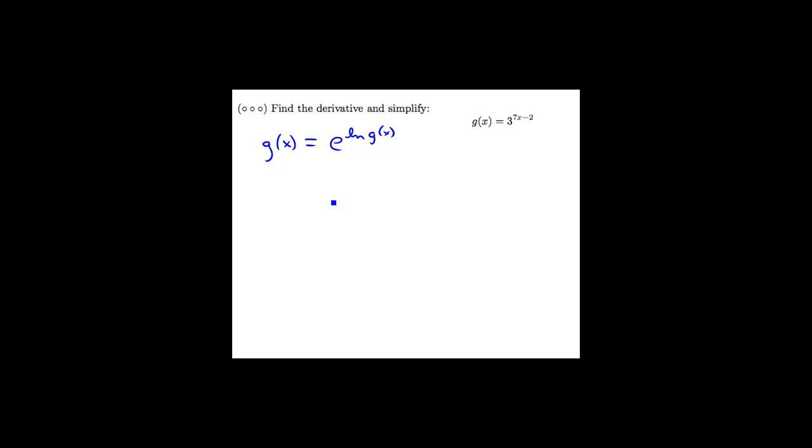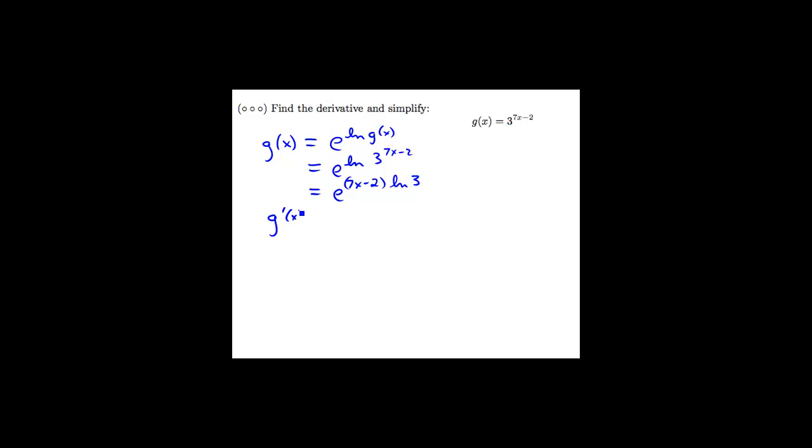Base e exponential and the base e logarithm are inverse functions of each other, so these are the same functions. I will include now the description of g, which is 3 to the 7x minus 2, and then I will use the logarithm property that allows me to move this exponent down in front of the log up in the exponential. My result is an exponential function that agrees with g everywhere and that lends itself nicely to the chain rule